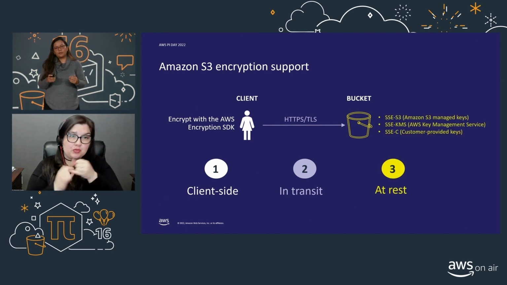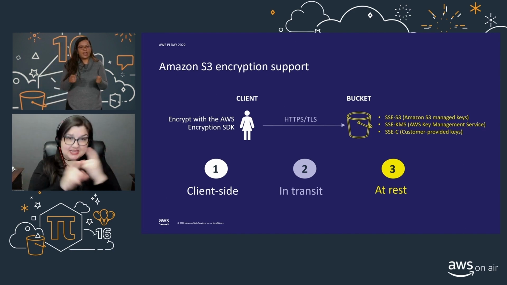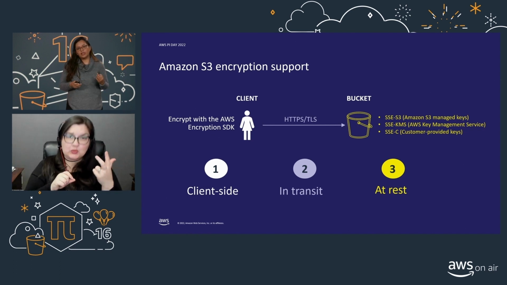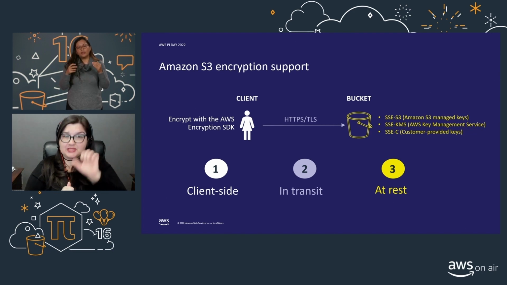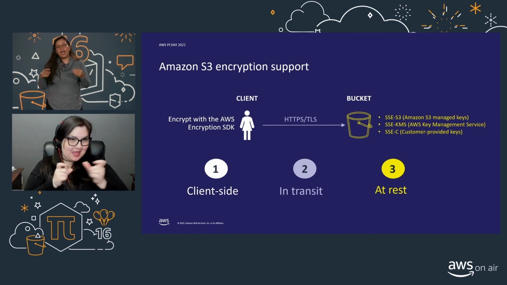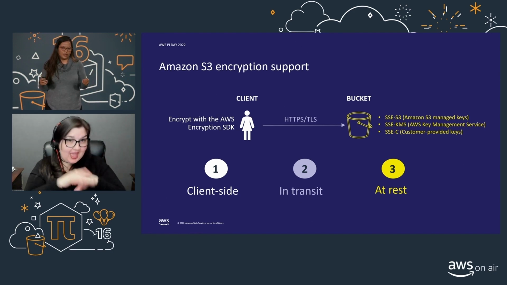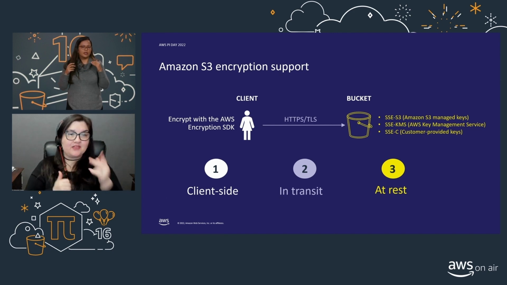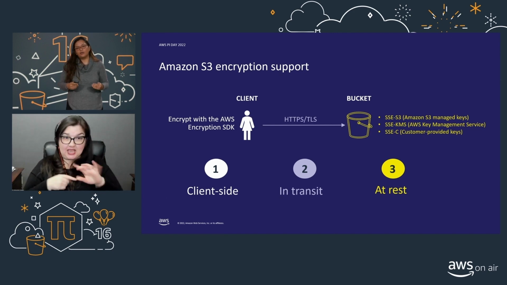And last but not the least, we have encryption at rest, where your data can be protected within Amazon S3 while it is stored there using encryption keys. And there are 3 ways to do that. SSE S3, which is the Amazon S3 managed keys, where you totally outsource the encryption process to us. Second is SSE KMS, where you're using AWS's key management service to control your encryption keys and their access across wide range of AWS services, including S3. And third is SSE-C, which is the customer provided keys option, where you provide us the keys when you are uploading and downloading data from S3.